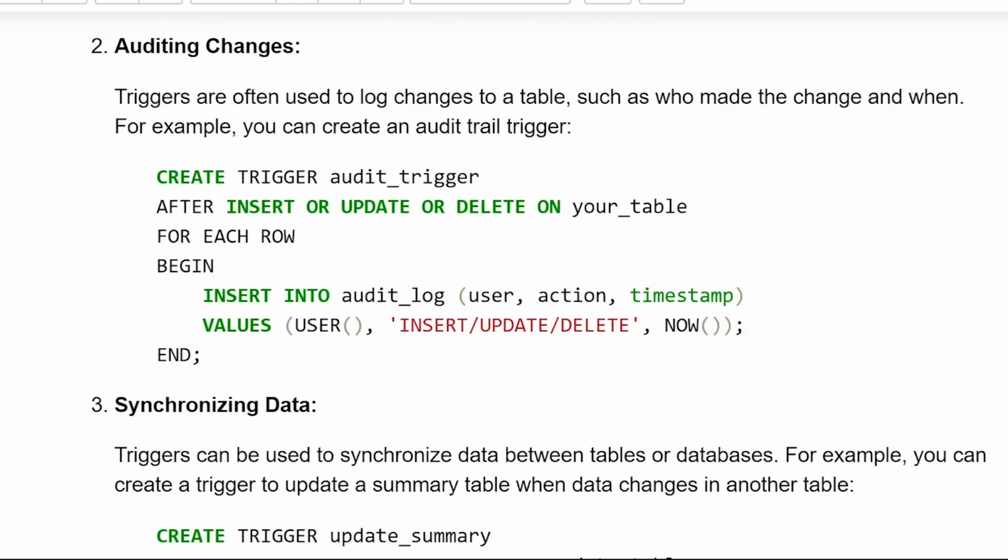Second, auditing changes. Triggers are often used to log changes to a table, such as who made the changes and when. For example, you can create an audit trail trigger. CREATE TRIGGER audit_trigger AFTER INSERT or UPDATE or DELETE ON your_table FOR EACH ROW BEGIN INSERT INTO audit_log (user, action, timestamp) VALUES (USER(), 'INSERT or UPDATE or DELETE', NOW()); END